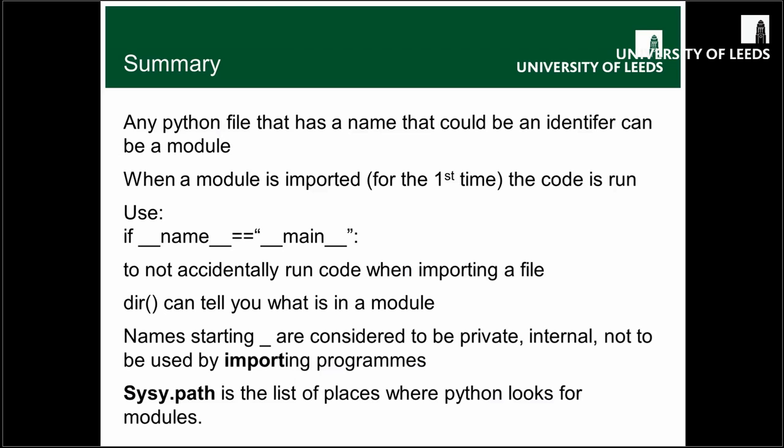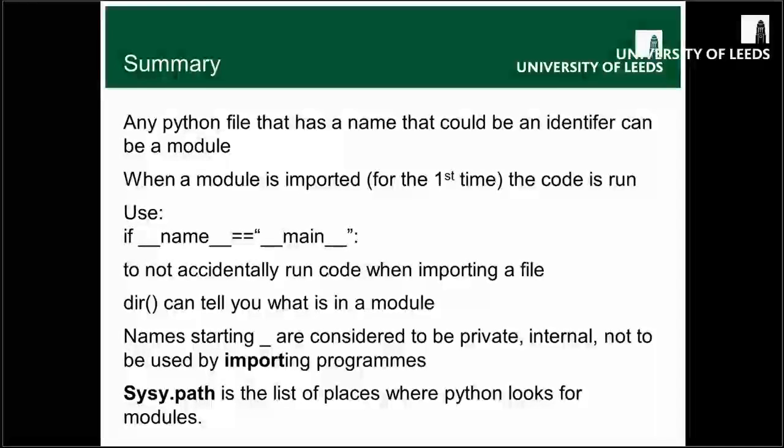You use if __name__ == "__main__", and then you can avoid your code actually running, except when you're running your module as a script rather than importing it. I've shown you how you can use dir to tell you what is defined inside the module,